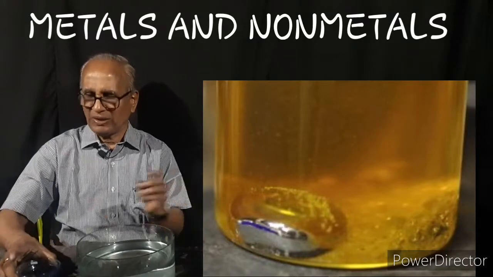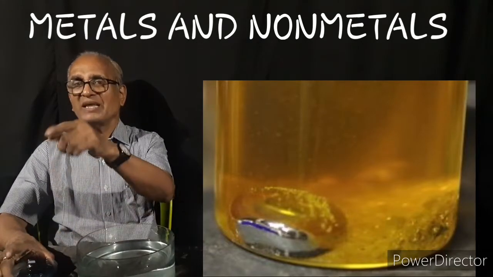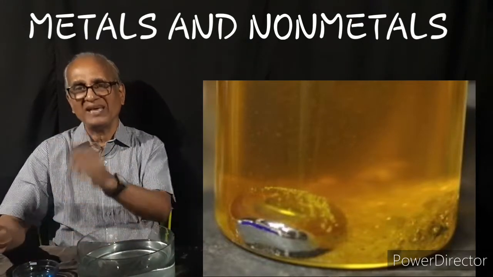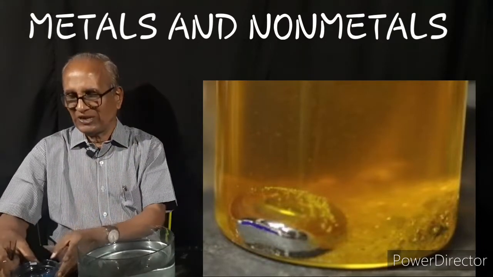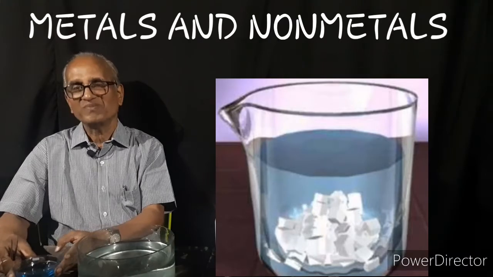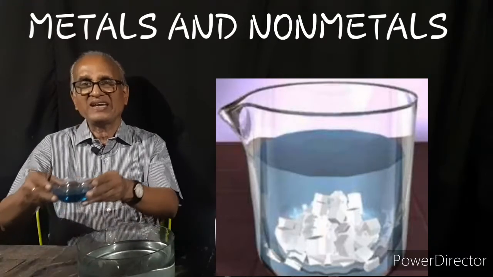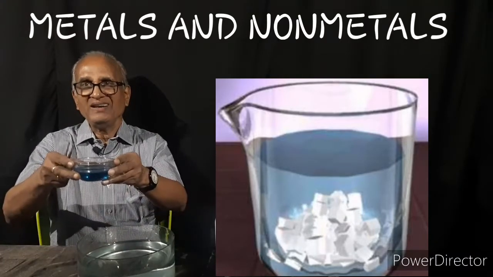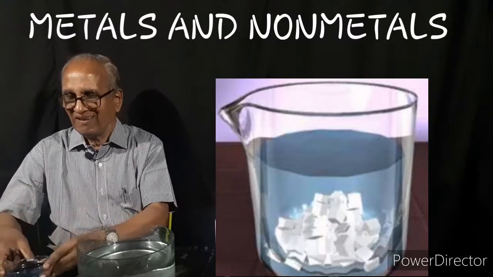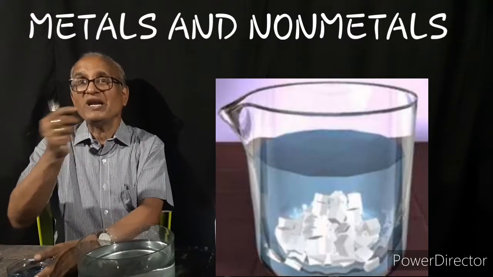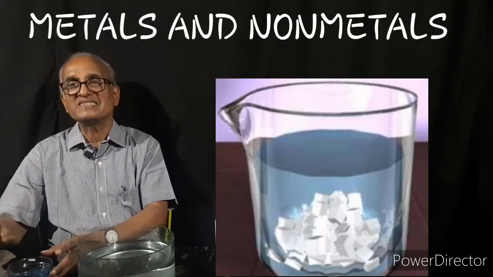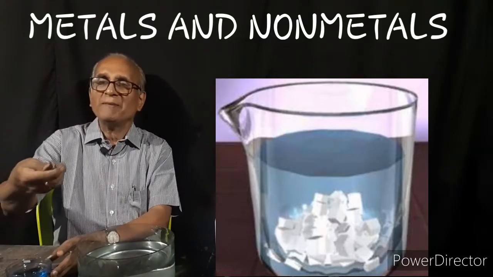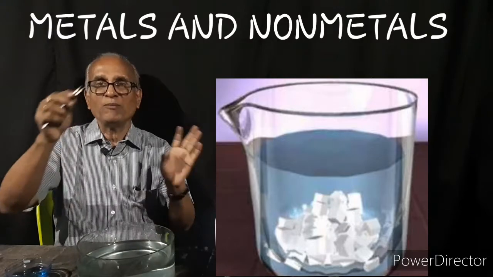Now when you take out a piece, you can't keep it in the atmosphere for a long time. Again it catches fire. Moisture in the atmosphere is enough. So you have to keep it in kerosene. In a bowl, we have taken kerosene and that piece cut into smaller pieces, granules, is put here. I have about 5-6 pieces here. You can pick them up one by one and leave them on water.